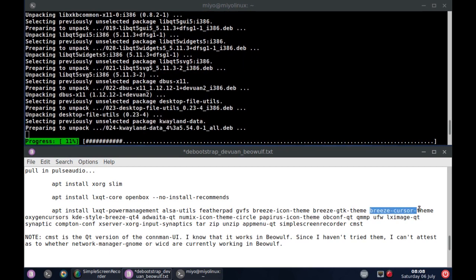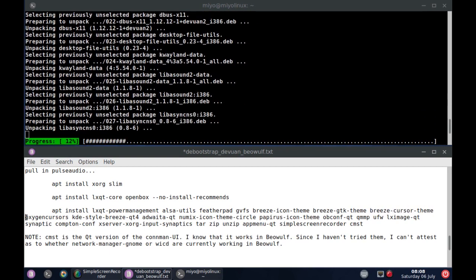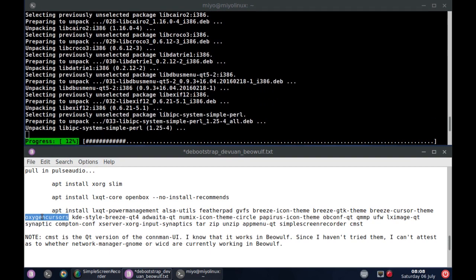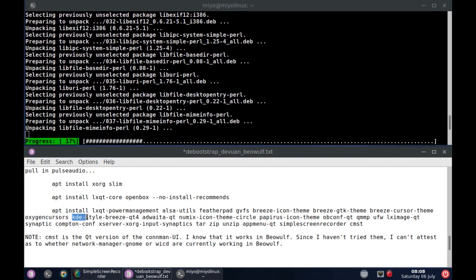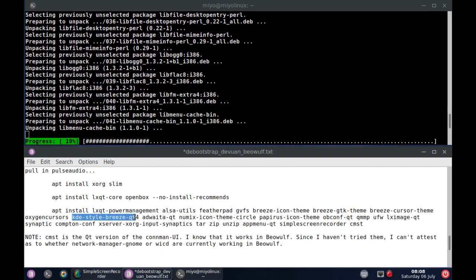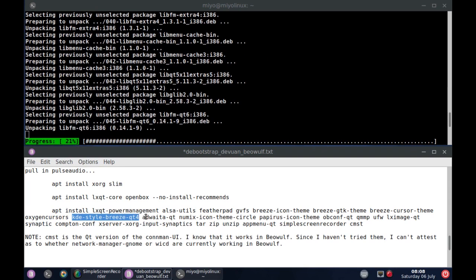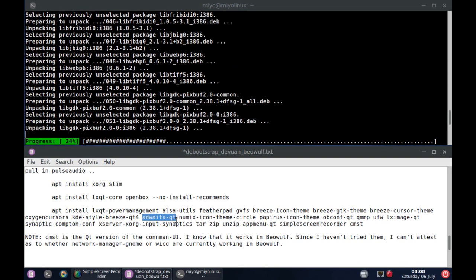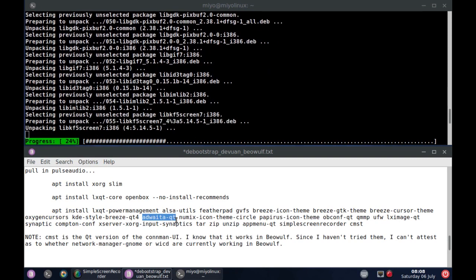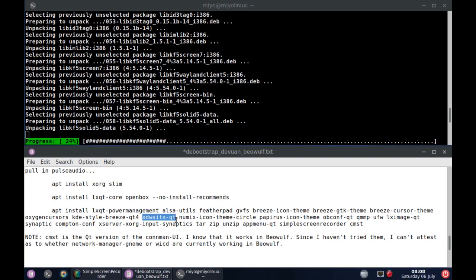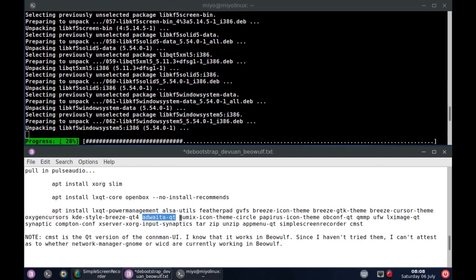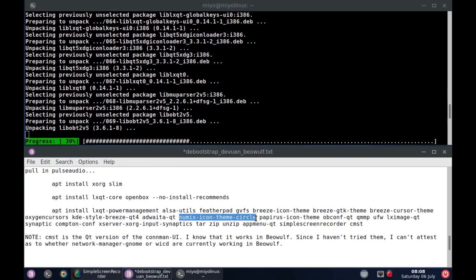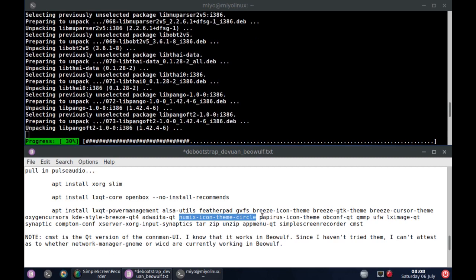The Breeze cursor theme. Oxygen cursors. I like the oxygen cursors. Lots of cursors to choose from there. KDE style Breeze Qt4. That's widgets. The Adwaita Qt version. That will give you Adwaita and Adwaita Dark in Qt, which is actually what I like using. I'm going to go ahead and get the Numix icon theme circle, which will pull in Numix icon theme,